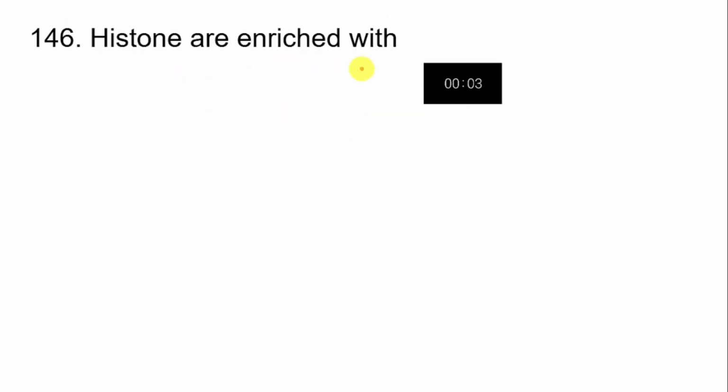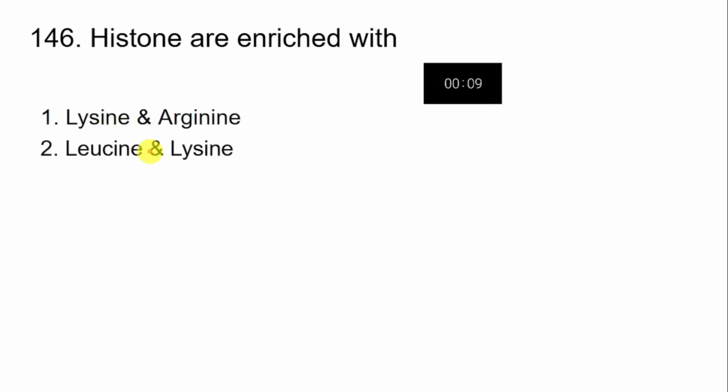Histones are enriched with lysine and arginine. So this is the right answer. These two are positively charged. So in order to wrap the DNA, I just mentioned in an earlier question, DNA is negatively charged due to the phosphate group. Okay, so you definitely need a protein which is rich in positively charged amino acids,